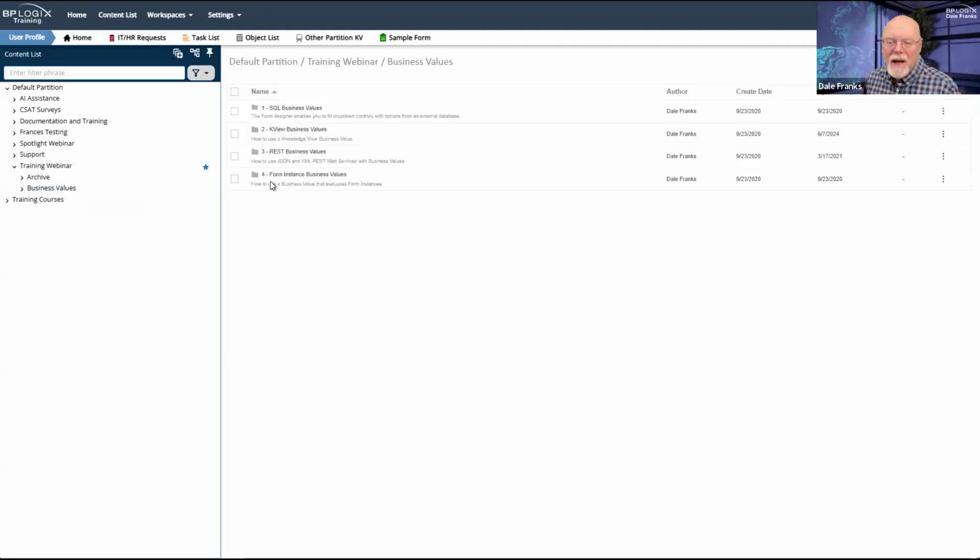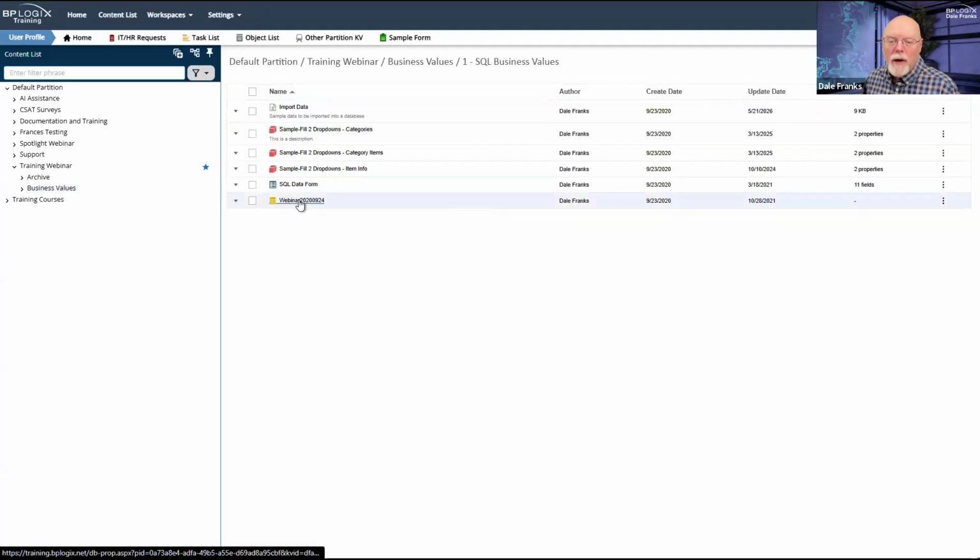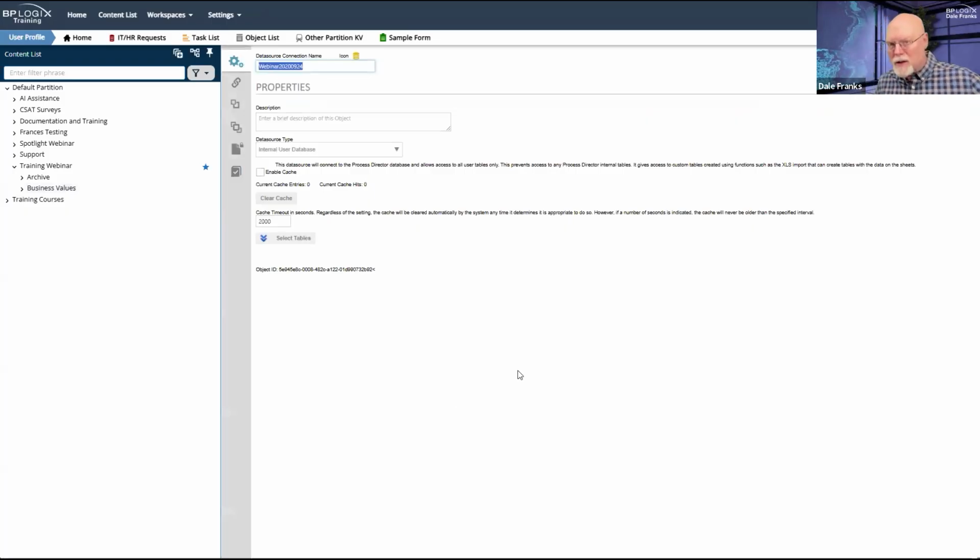Now, let's take a look at our data source, because that's an important piece of this. Whether you are looking at a data source inside your network, like an actual SQL Server database, or you are importing the data into the internal user database, either way, you are going to need a data source object to make that data connection to the appropriate database, whatever it is.